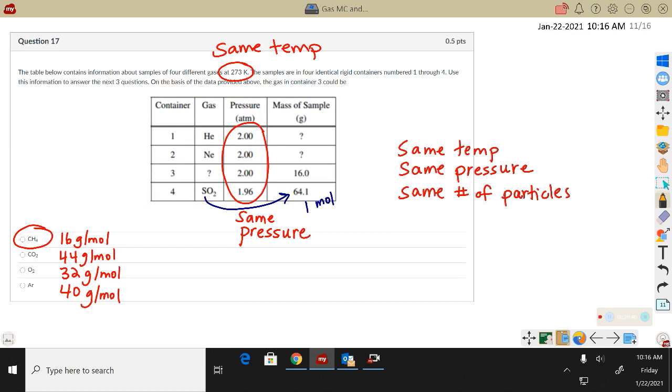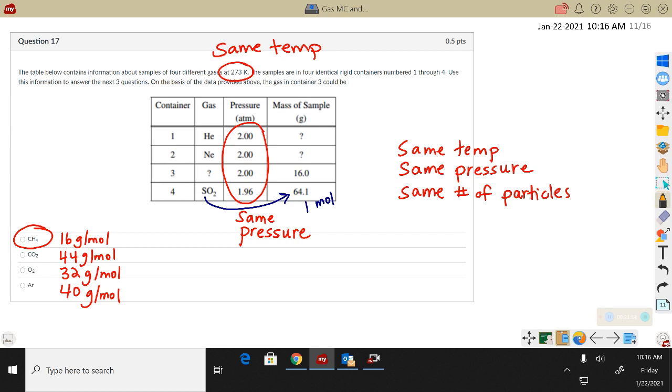All right, here's a couple questions that are really awesome, and they all refer to this data table. We have 4 gases, and they are all at the same temperature, 273 Kelvin. They're in 4 identical rigid containers. So identical containers would mean like same volume, and rigid would mean that it's probably metal or glass. It's not a balloon. All right, so on the basis of the data, the gas in container 3 could be,